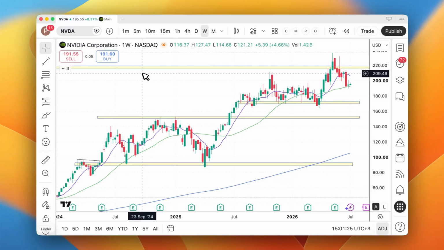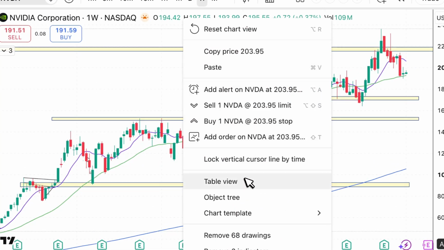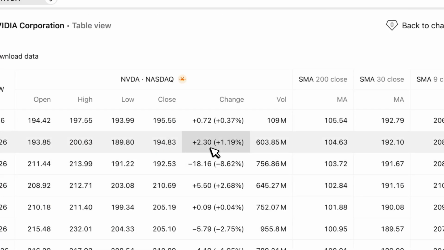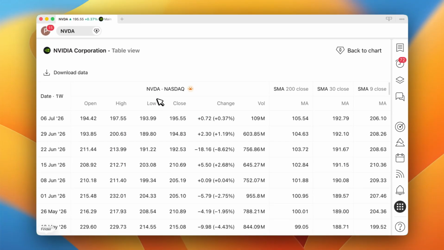This is how to use the table view on TradingView. You right click on your chart and you scroll down to table view. That was a weekly chart of NVIDIA, and this is why the price data here is on the weekly time